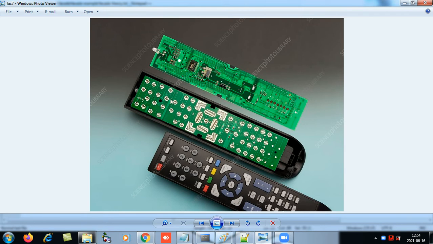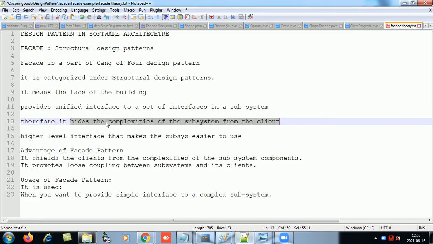The client is least bothered about which technology the company has used, registers, diodes, or which latest technology. The customer is least bothered. He just needs that when I press the up button, the volume should increase. The inside mechanism he is not interested in. So this is what facade does. It hides the complexities of the subsystem from the client.